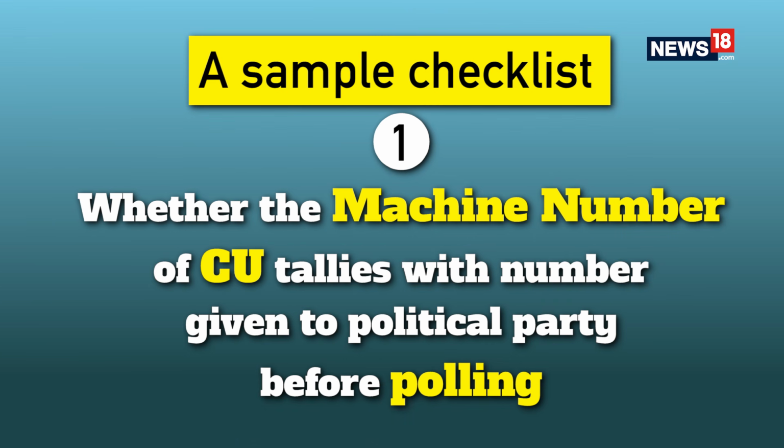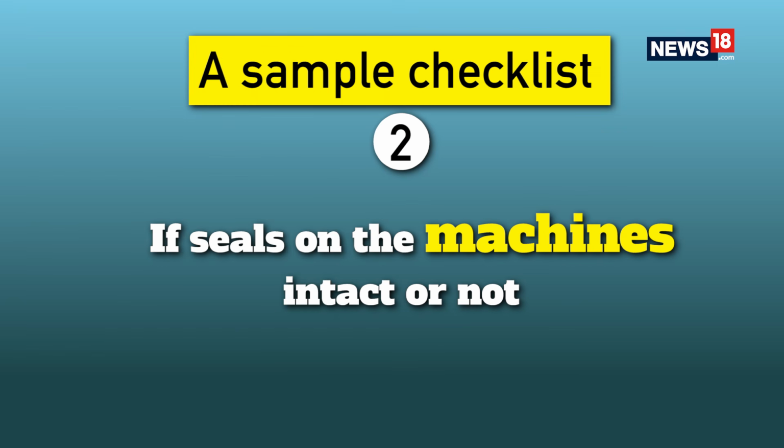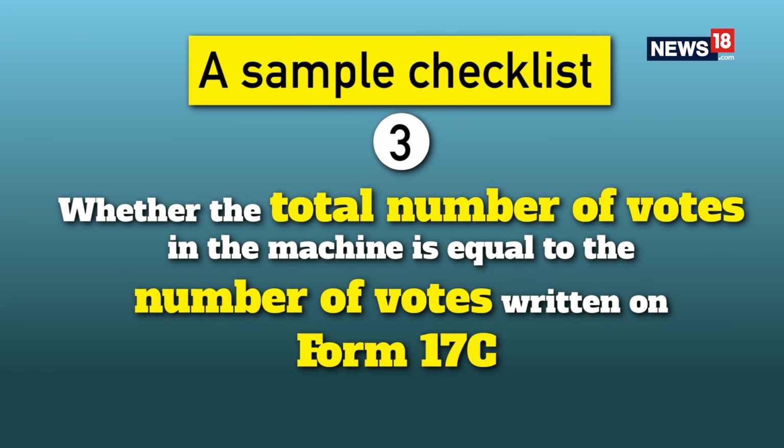However, there are lots of checks and balances which have been put in place by the Election Commission of India before the results are announced. Number 1. Whether the machine number of control unit tallies with the number given to political parties before polling. Number 2. Are the seals on the machines intact or not? Number 3. Whether the total number of votes in the machine is equal to the number of votes written on